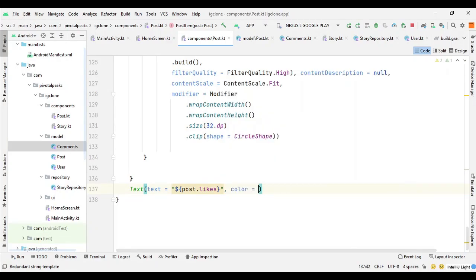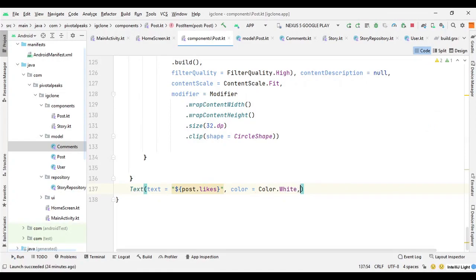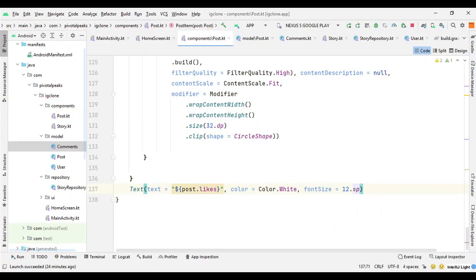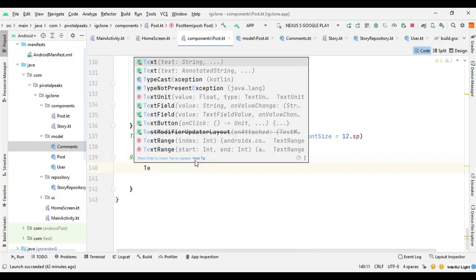So color dot white, and font size 12.sp. Then we need the name of the user to which the post belongs. So we can create another row for it. Then here we can provide a text for the username.